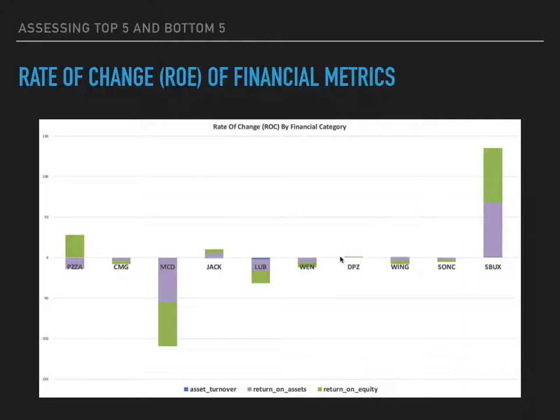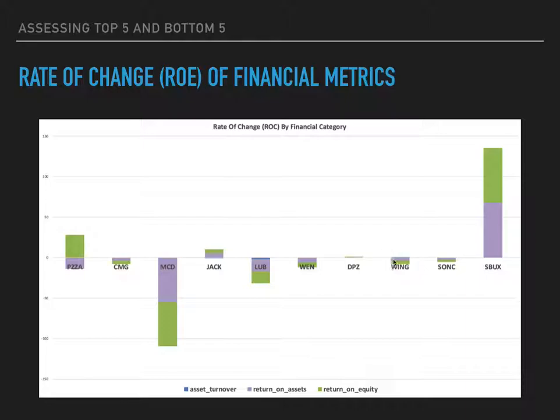So even though Domino's Pizza has a very low rate of change over that 4-year period, that also indicates some stability in their business model. Though it also indicates that their business model doesn't facilitate a lot of growth, at least for that 4-year period. But something interesting for Wingstop is that they have a growth in asset turnover, which for most of these companies is either negative or you can't see it, other than Starbucks,